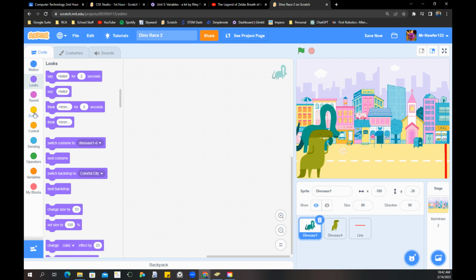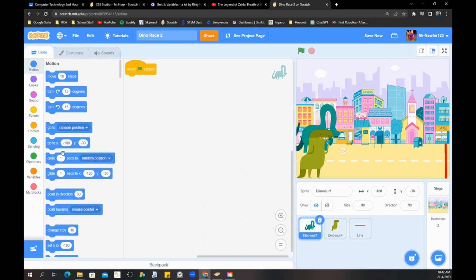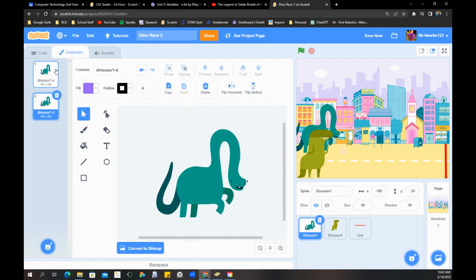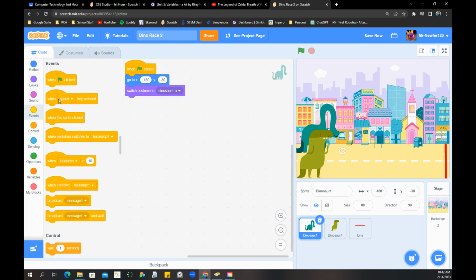So we're going to say when the green flag is clicked, we want him to start in this position. We're just initializing again. You should probably always be initializing your sprites. And I'm also going to say switch costume to Dinosaur 1A, just to make sure he always starts like that. Then, when the space key is pressed, because we're going to use space instead of the right